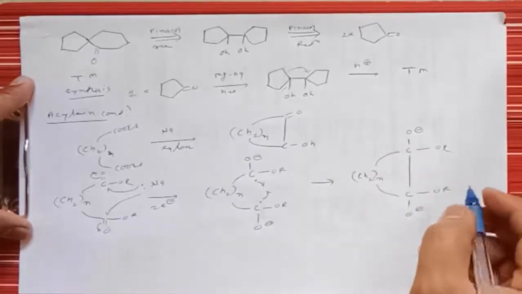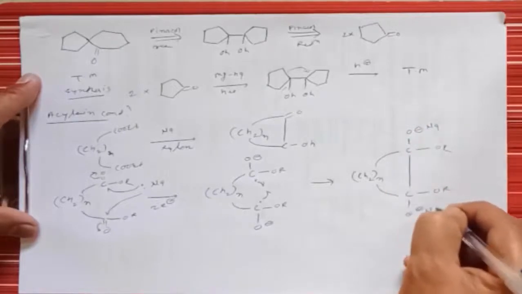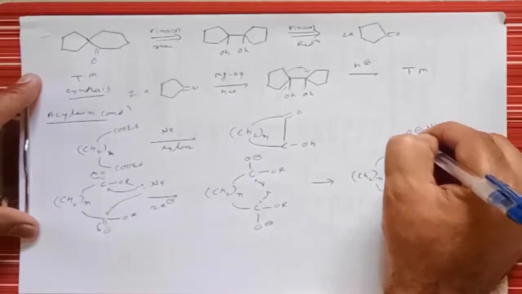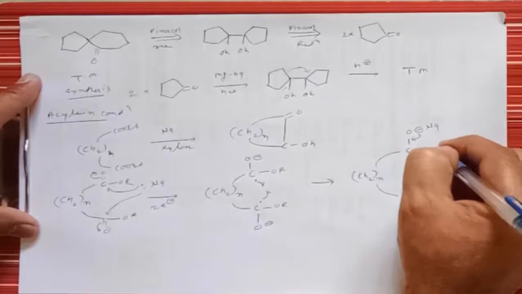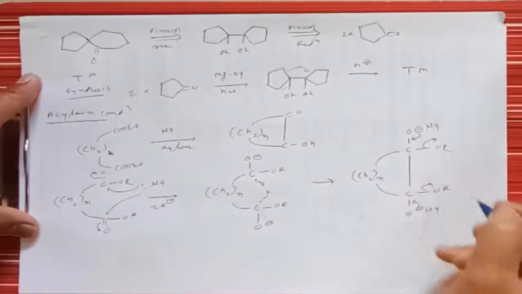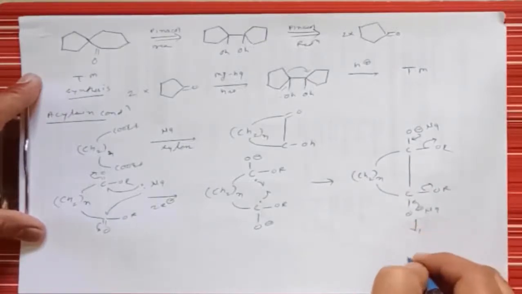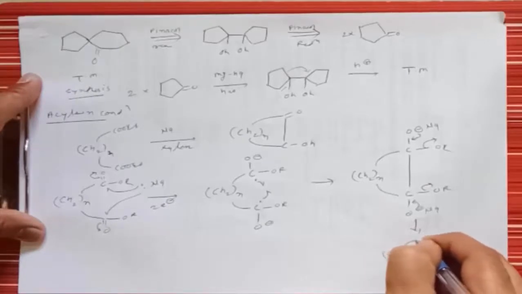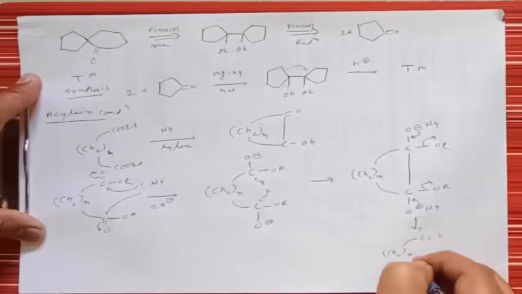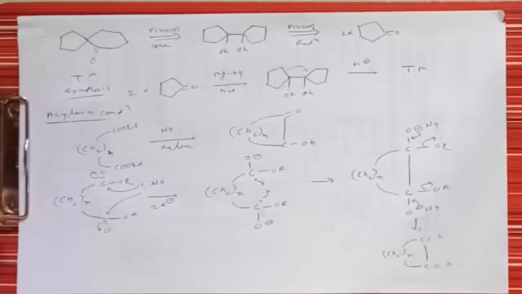This gives formation of a bond, right. In the second step it gives formation of a sodium salt, and this negative charge will be shifted here, and it will remove this OR group. Similarly here it will give off an OR group. Then what it gives? It gives formation of CH2 N, then here is C double bond O, here is C double bond O, and there is a cyclic system, that is a dicarbonyl compound.